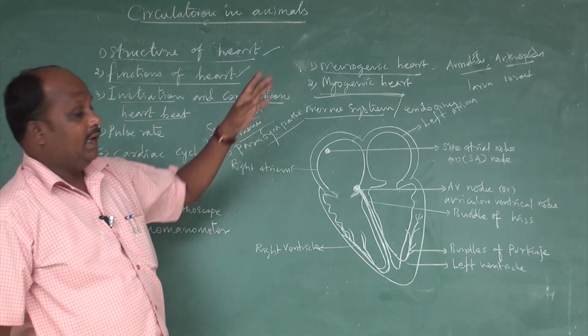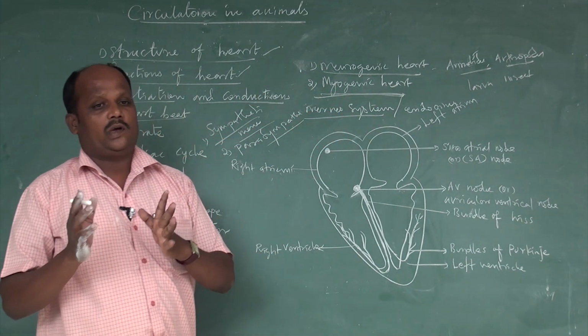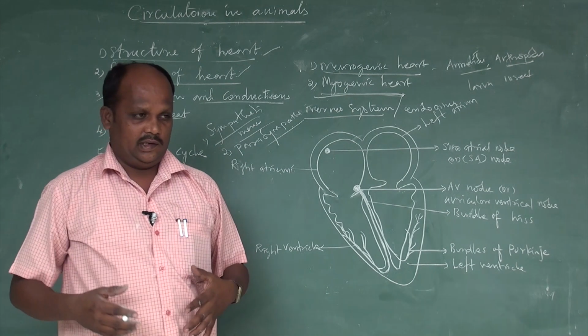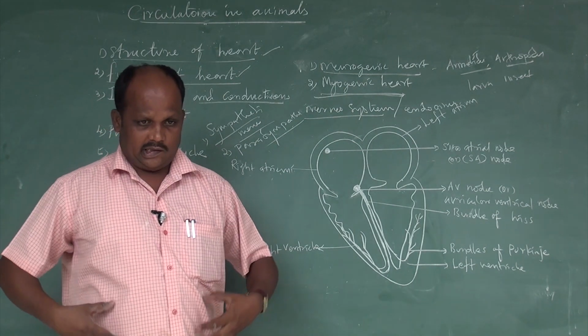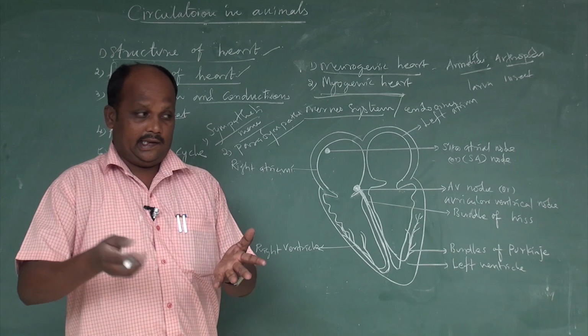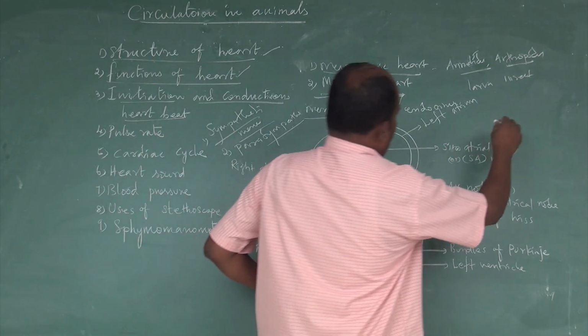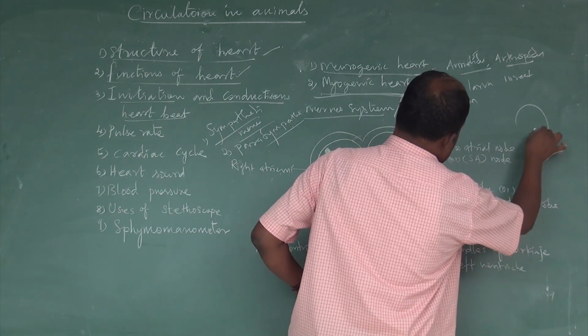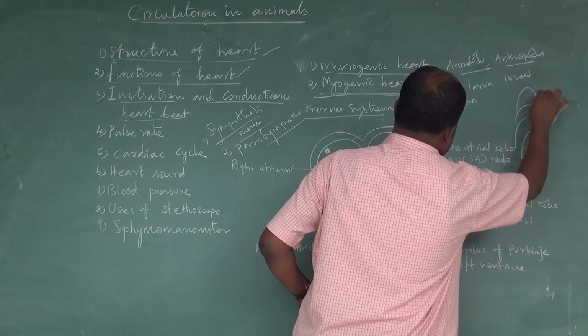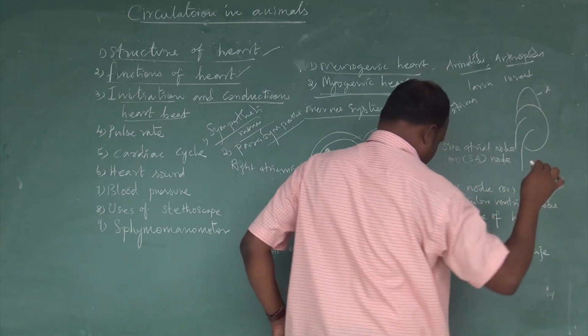Then another one, the endocrine part. Which part of the endocrine system stimulates the heart function? In our body, in the hip region, the kidneys are present on the lateral sides. The upper part of the kidney contains one major gland. The gland present in the upper part of the kidney is named the adrenal gland.